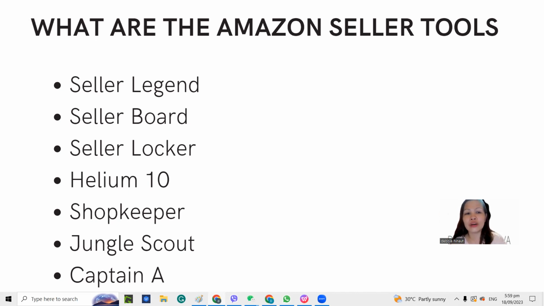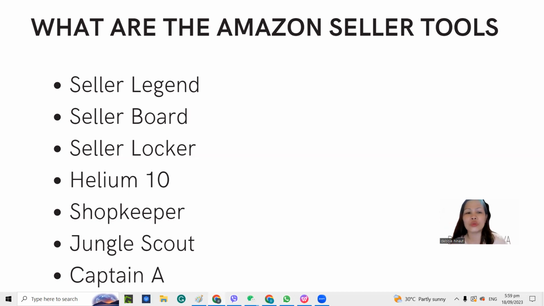Seller Legend, Seller Board, Seller Locker, Helium 10, Shopkeeper, Jungle Scout, Captain A. So hindi lang ito yung mga seller tools na possible na magagamit for Amazon FBA or FBM accounts or for Walmart. But then these are those which I have experienced personally